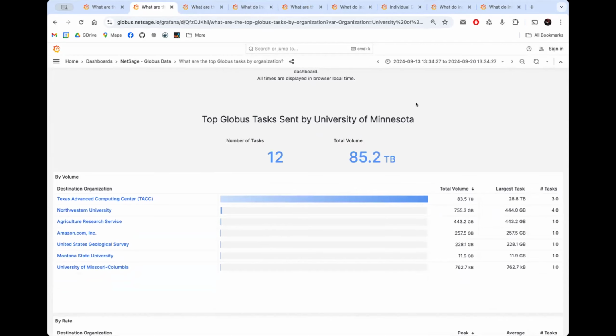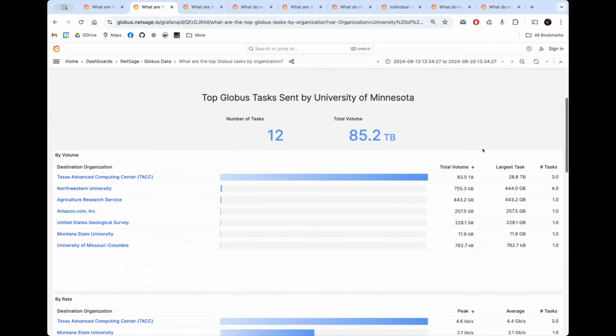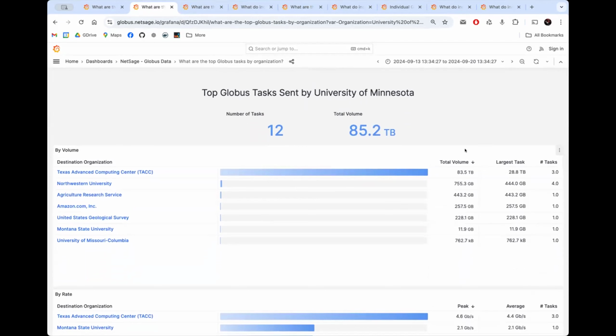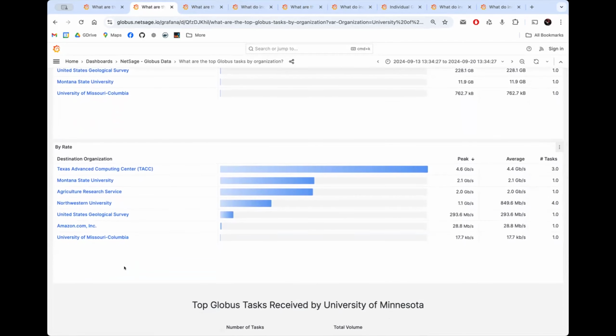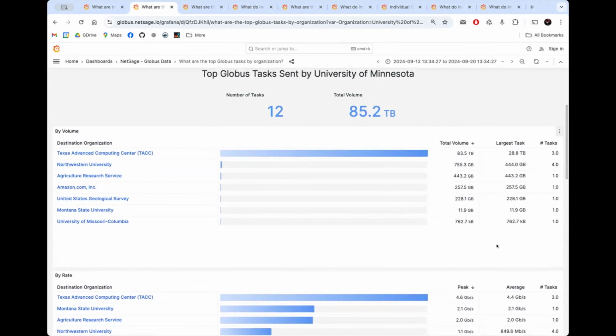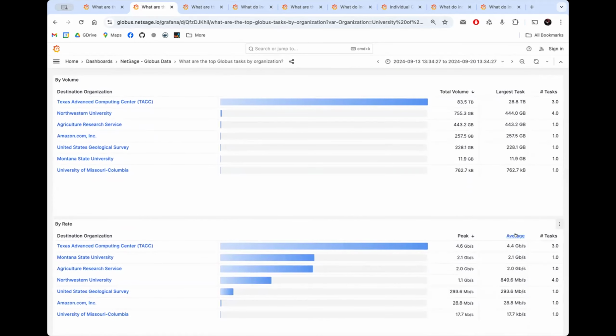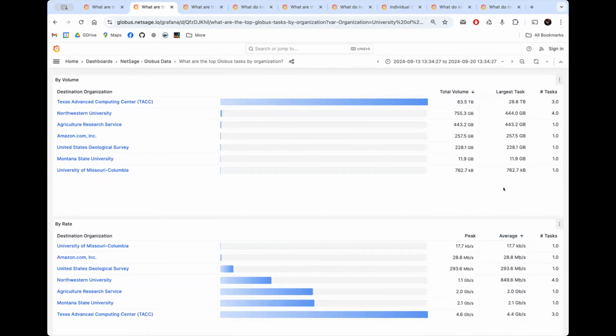So it looks like University of Minnesota's main endpoint is TACC. But you can tell they do a lot of different research in a lot of different fields, at a lot of different rates. Some of the sites clearly aren't getting very good rates. That's just one task, but